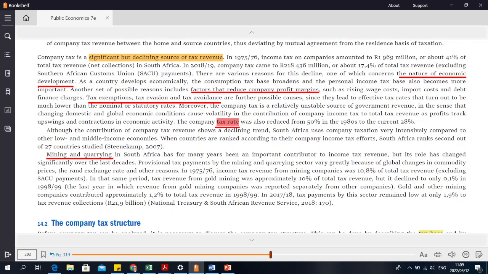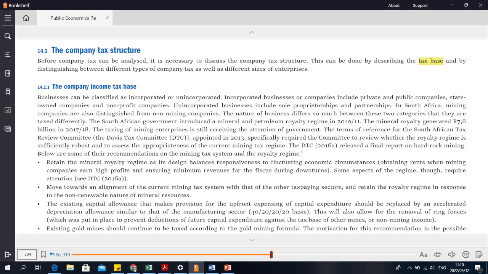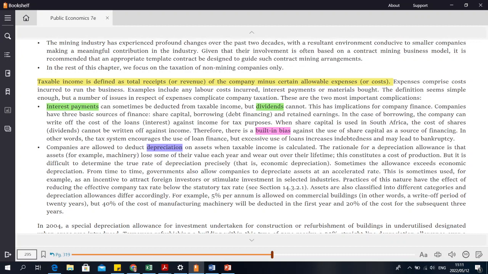The next paragraph is on the company tax structure. The first half of that you don't have to worry about. You don't have to care about the history of our company tax base. What is just important is the definition that taxable income for a company is total receipts minus total expenses which are allowed. I think from an efficiency point of view and from a fairness point of view, this paragraph is important, because what they say is that